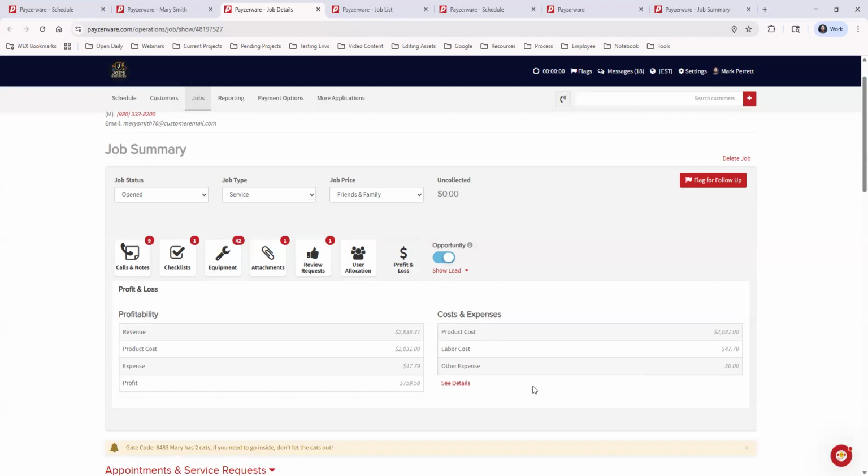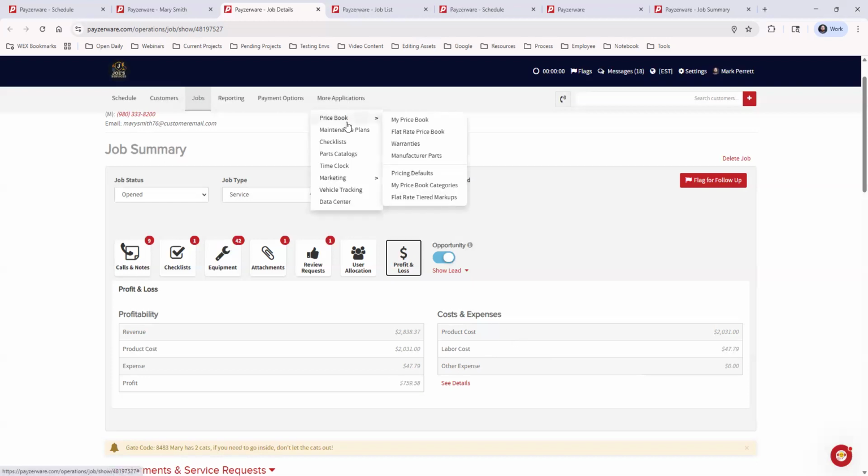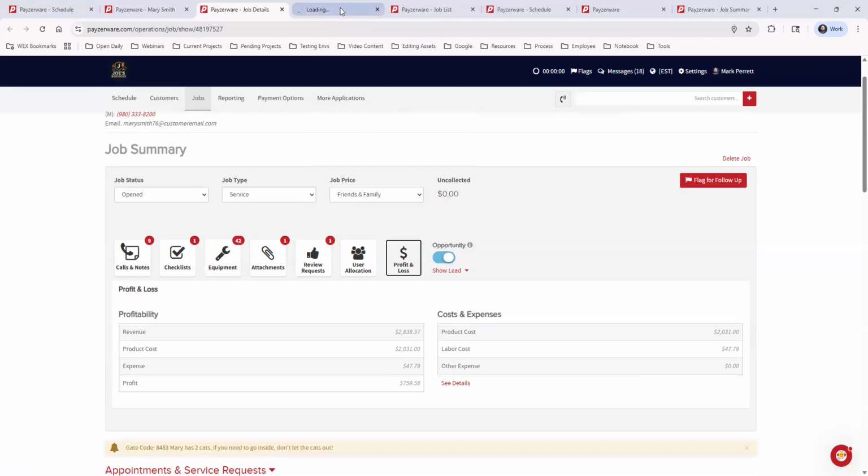But there are two main things that you need to make sure are set in order for your profit and loss to be correct. We want this profit number to be a correct number so we can know what our profit is. To set that up, you have your product costs and your labor costs. The product cost is going to come from your price book items. So if I go to More Applications, Price Book, My Price Book,